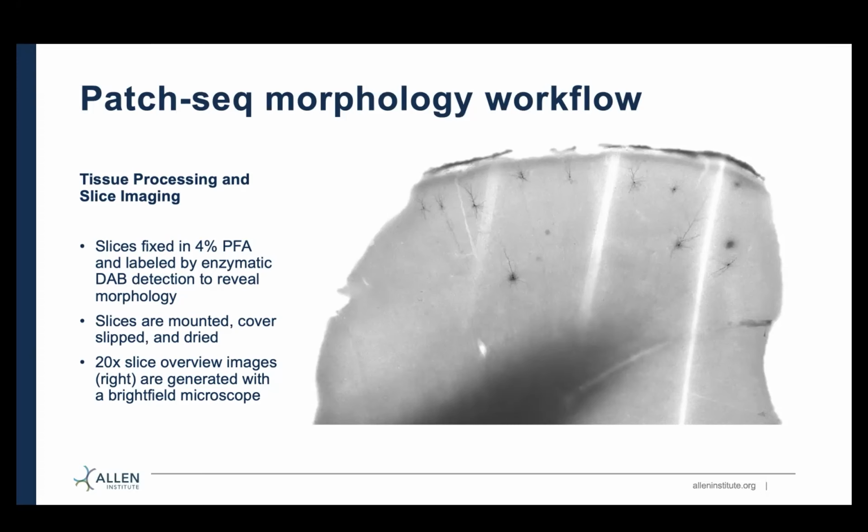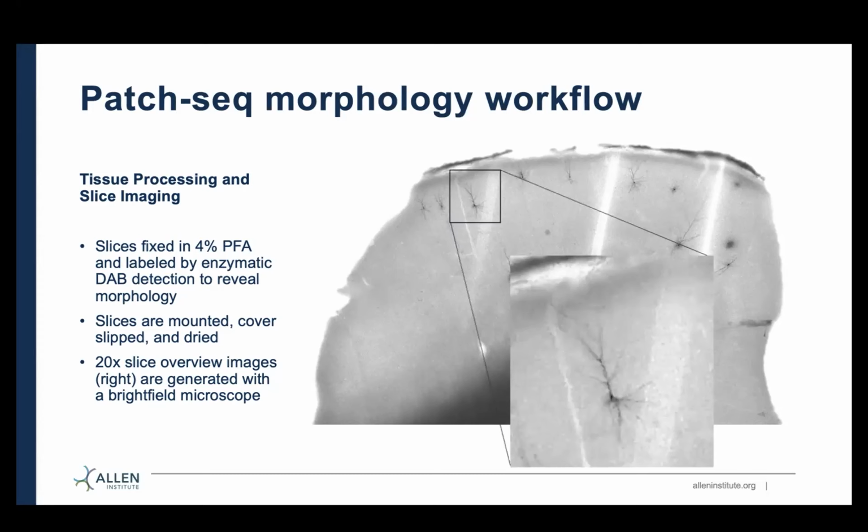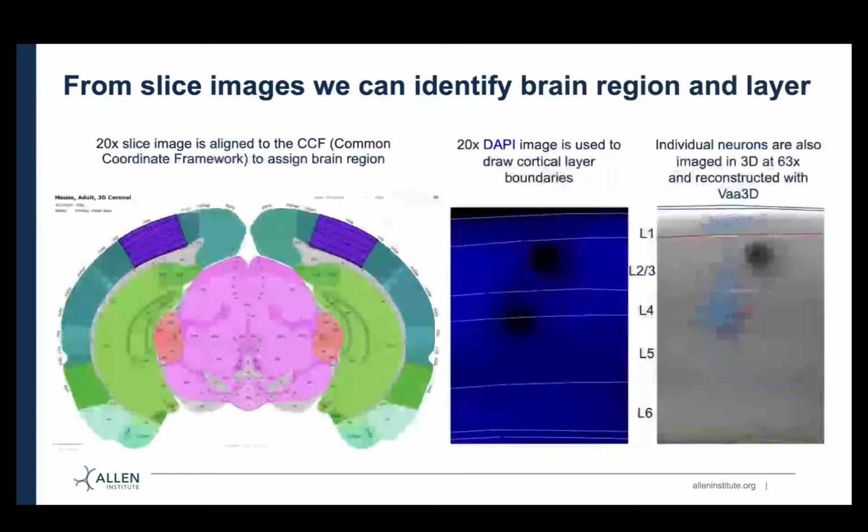If you advance again, Lauren, you can see that we take a 20x overview image of the slice, but even at this lower resolution, we can still get a sense of the overall morphology of the neurons. But if you go to the next slide,